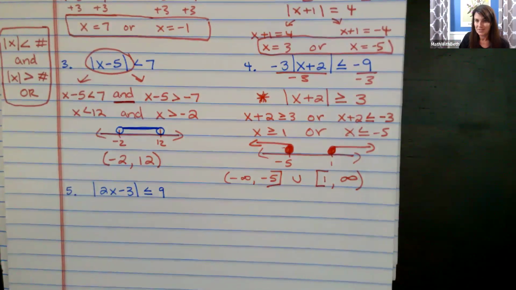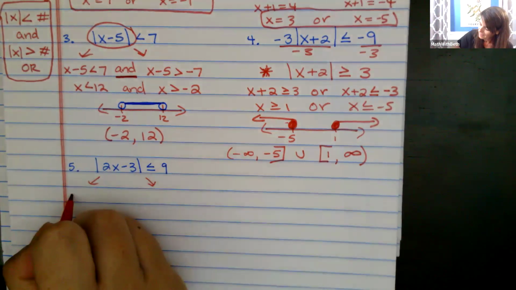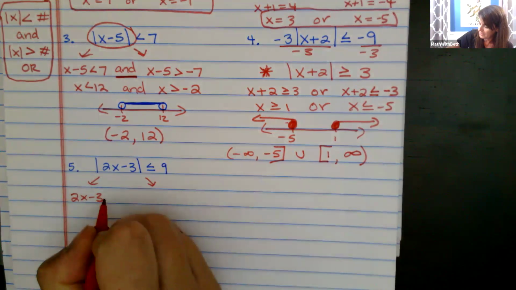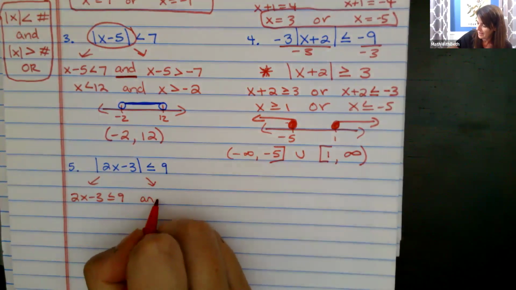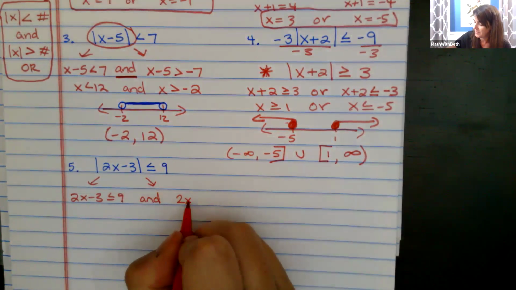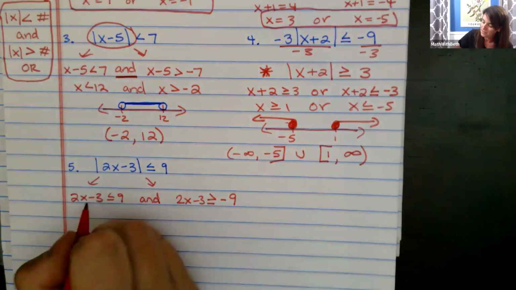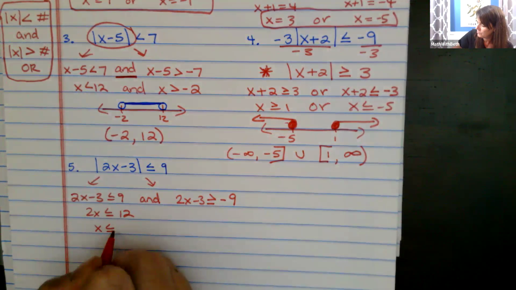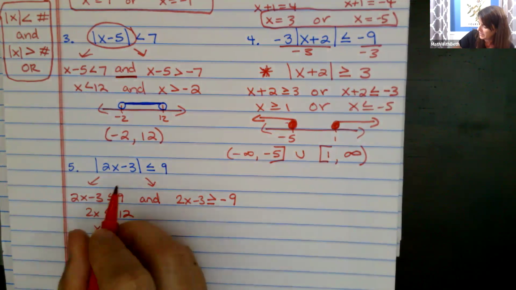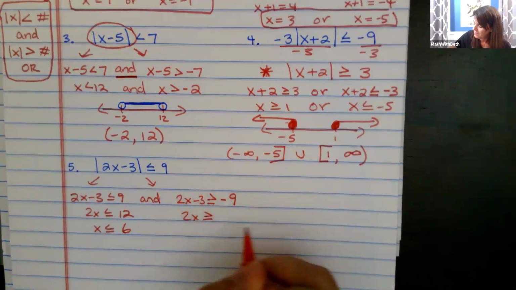Let's do one more just to make sure we're getting the idea of this. This one is ready to start. So I say less than or equal to 9, since it's less than, and 2x minus 3 is greater than or equal to -9. So add 3, divide by 2. I don't have to flip this because I didn't divide by a negative. Add 3,